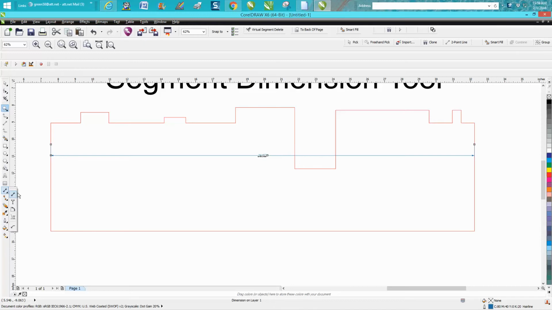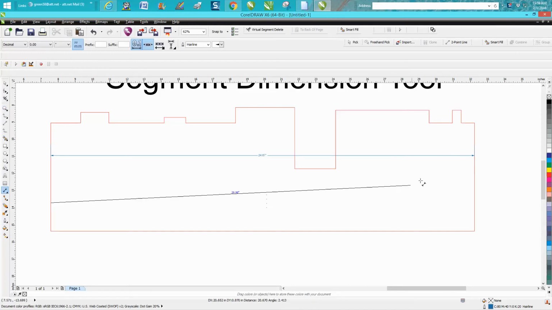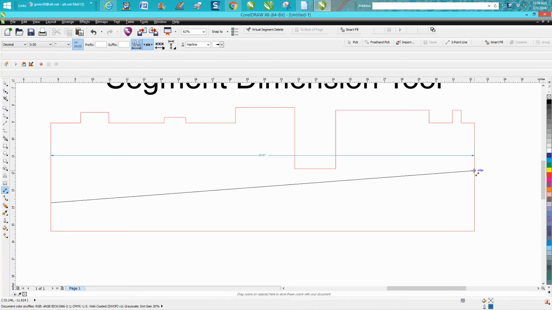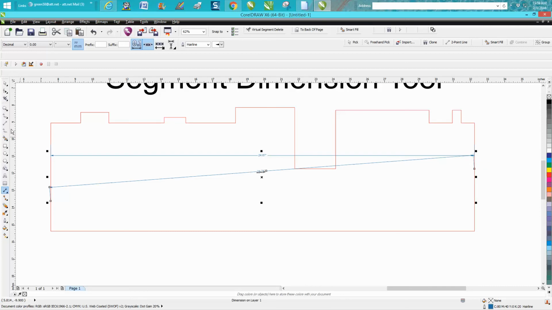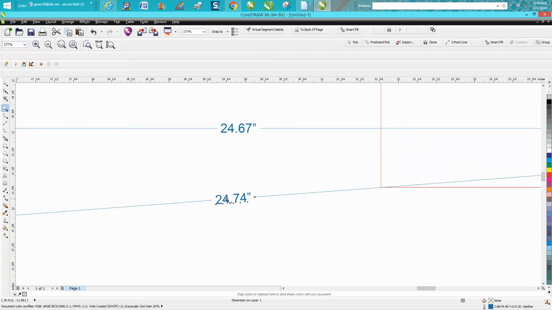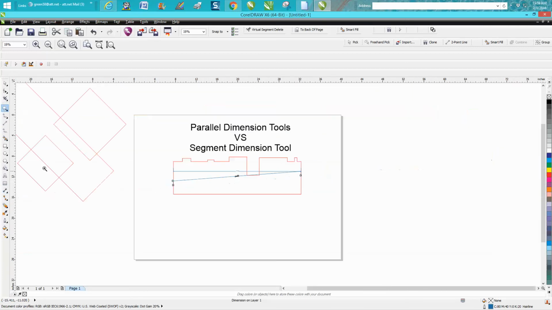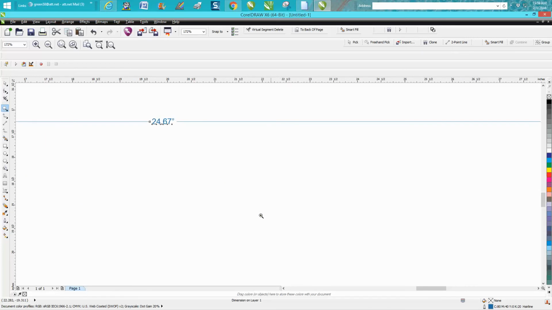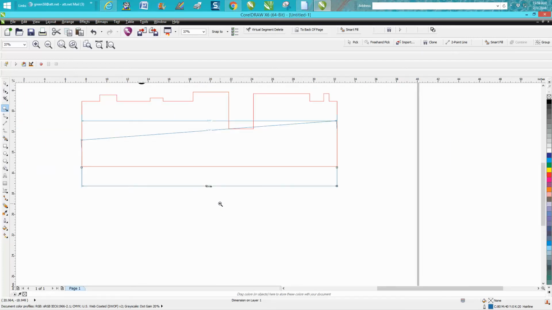because you could actually go here at an angle, and if you didn't know you're at an angle, it's now a little bit bigger because it's a little bit longer. You know, a straight line is shorter. So when you get your Segment Dimension Tool, you just grab those two nodes and it tells you the exact dimension. You can't be off. See, it's 24.67, because